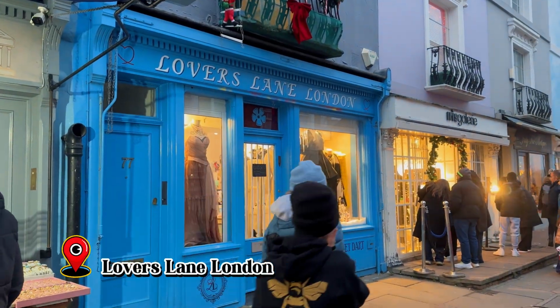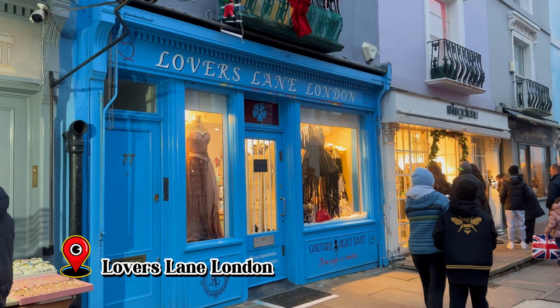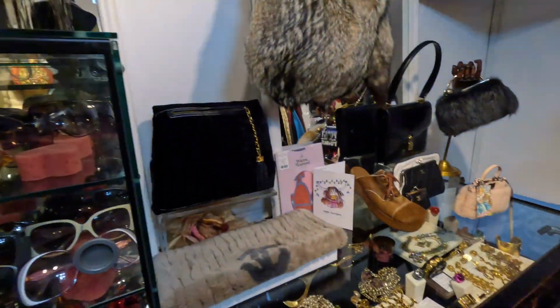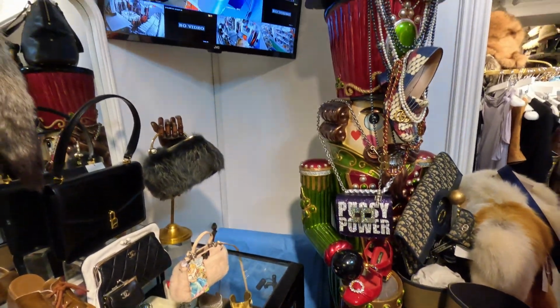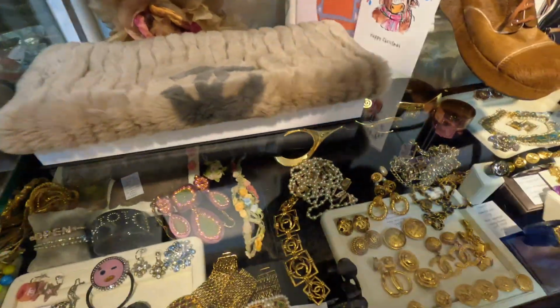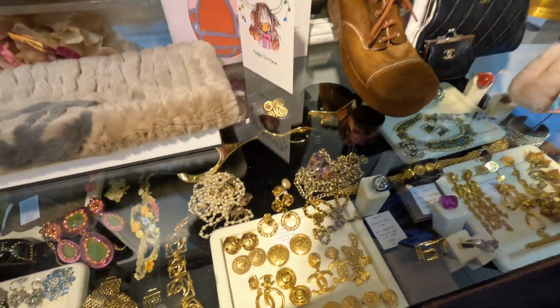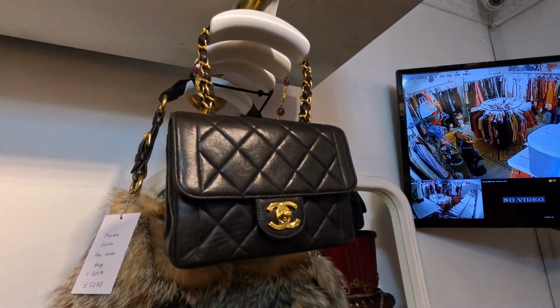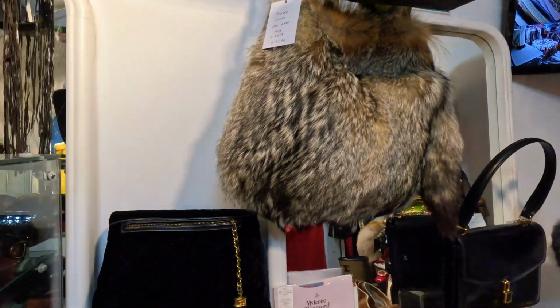So Lovers Lane London might just be the coolest vintage store in the entire city. This incredible shop is the brainchild of a talented mother and daughter team and is perfectly situated in the heart of Portobello Road. Due to its popularity, I highly recommend booking an appointment to ensure you can explore this treasure trove of designer vintage. Lovers Lane has some of the most jaw-dropping vintage designer pieces I've ever seen, from Chanel